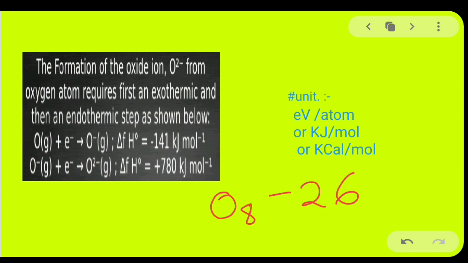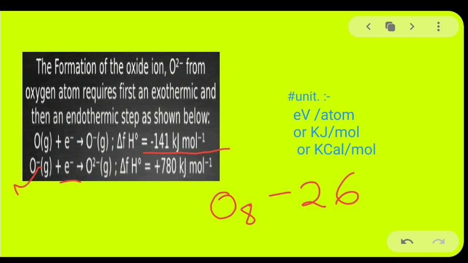So, oxygen requires 2 electrons to attain the nearest noble gas configuration, or to complete the outermost shell electron octet. For that reason, when we add the first electron, the amount of energy released during the process is 141 kilojoule per mole. But when we add our second electron to the O minus ion,